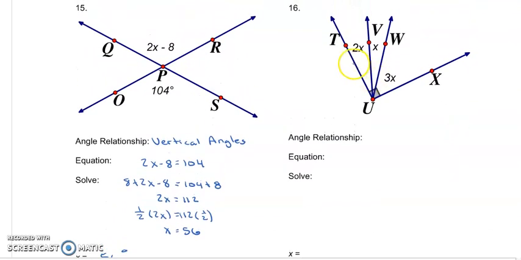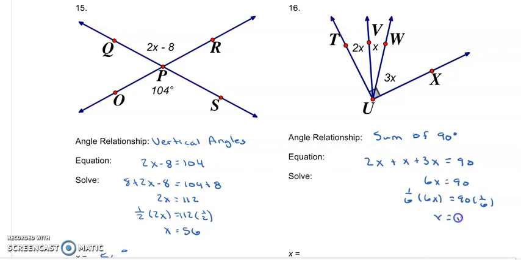All right, now looking at this next one, I have 3 angles that add up to a right angle. So this is 3 angles, so I can't call it supplementary, but I can say that their relationship is a sum of 90 degrees. So my equation, I'm going to take each of those 3 angles, and I'm going to set it equal to 90. So when I add 2x and x, that's 3x, plus another 3x, that's going to give me 6x. I'm going to multiply by the reciprocal,